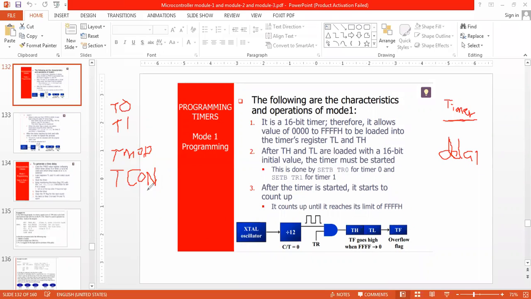So now, according to our syllabus or the main fundamental working operations, we are going to see it in mode 1 programming. We have discussed different modes in the previous sections. So we are going to work upon mode 1 and mode 2.